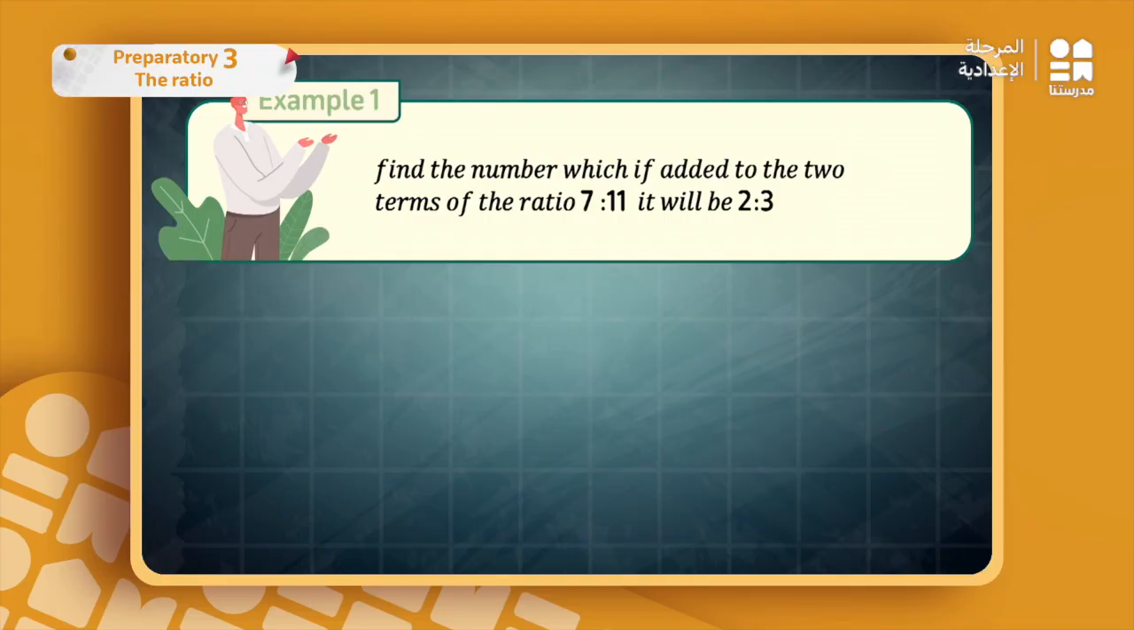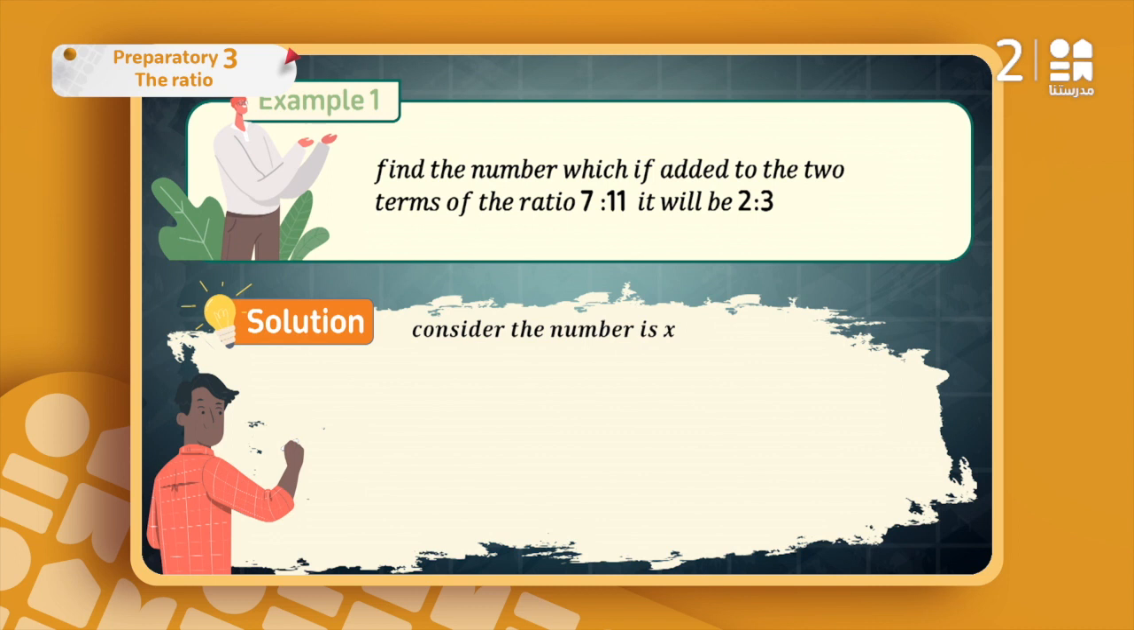When I have a question like find the number which if added to the two terms of the ratio 7 to 11 it will be 2 to 3. يعني ايه هو النمبر اللي لو عملنا له بلس لل7 وفي نفس الوقت لل11 نفس النمبر، الريشيو الفاليو بتاعتها هتتغير وهتتحول الى 2 to 3. طيب في النوع ده من الاسئله بنقول